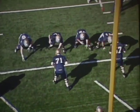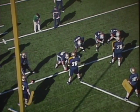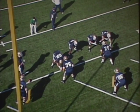So again, we're just working zone schemes here in a half line setting, trying to get the defense to give us a good look. So we got to coach the defense up. We got to coach up the